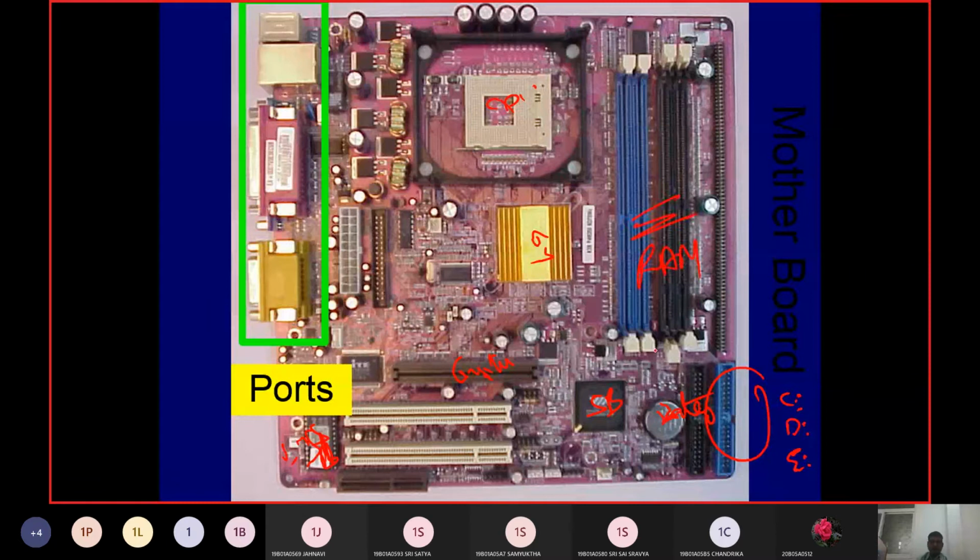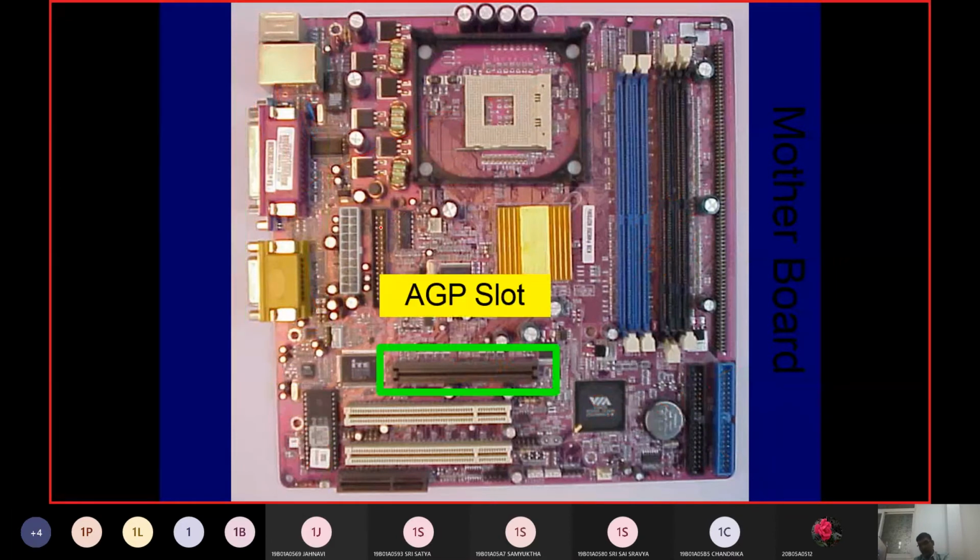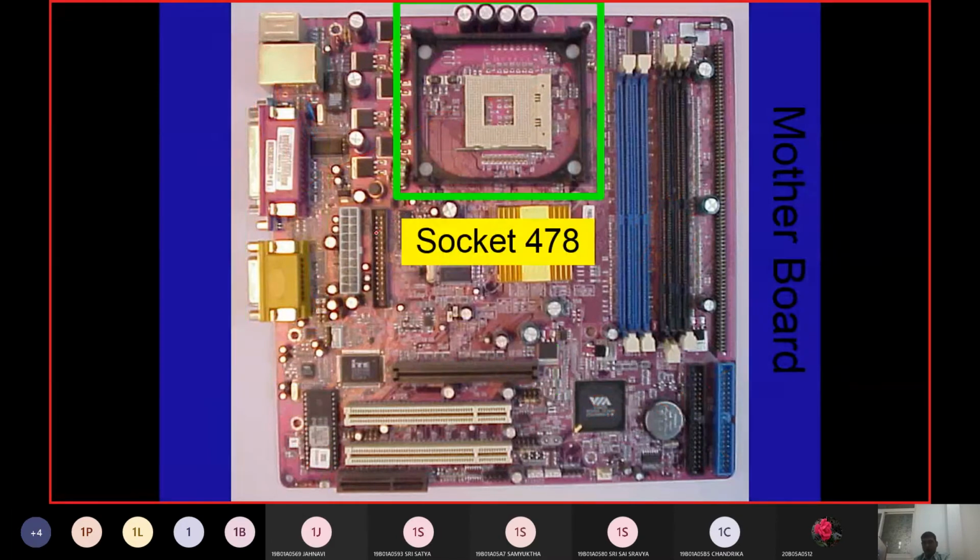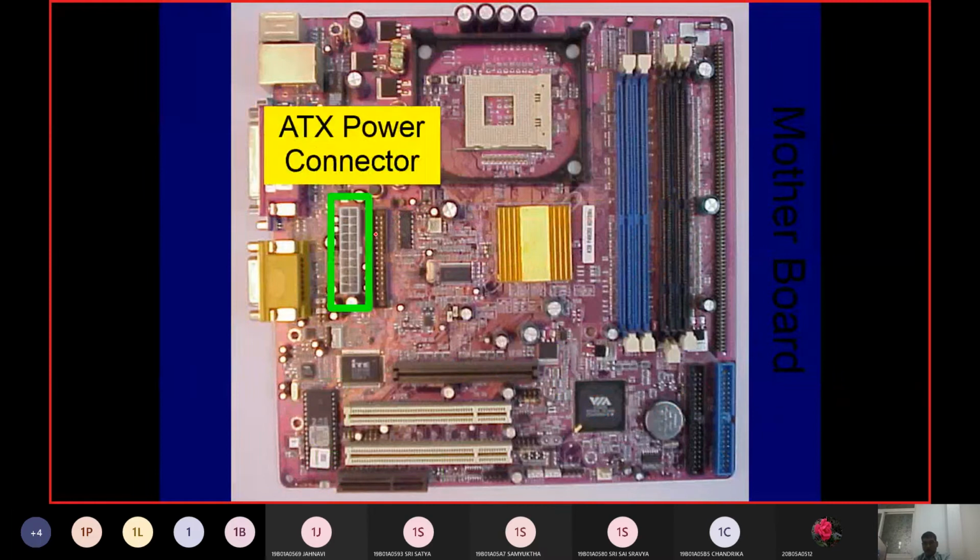Then we talked about the random access memory, and all these items are the positions where we can connect the input and output devices, modems, keyboard, mouse, monitor, printer, scanner, LCD projector, all these elements can be connected to this, and then they are going to be moved to the CPU for interaction. So this is all regarding the different components of the motherboard.